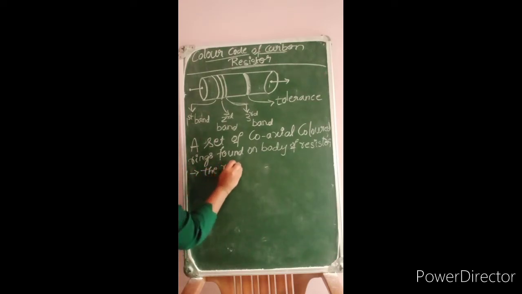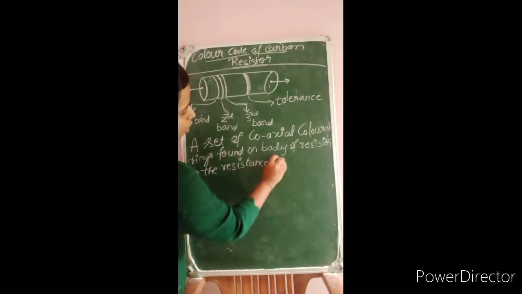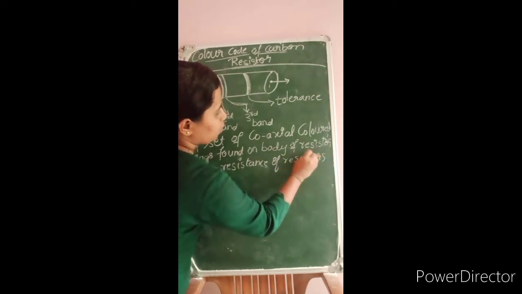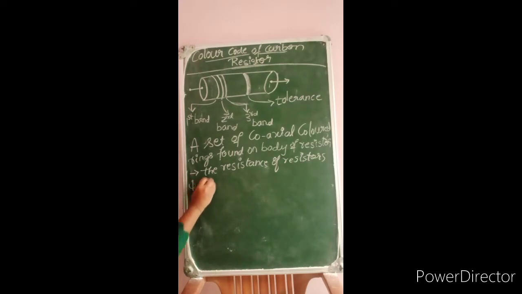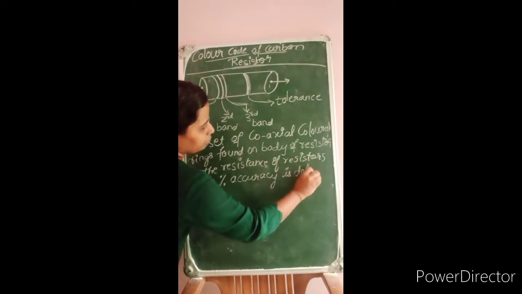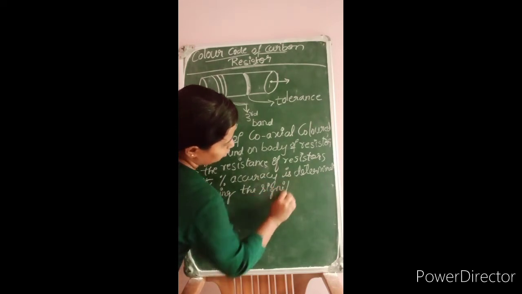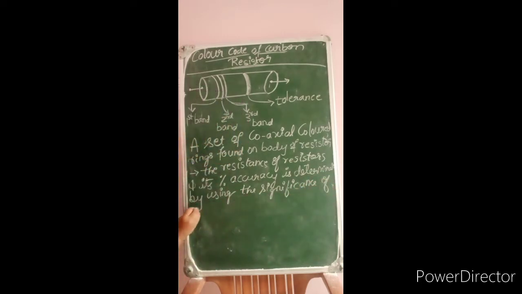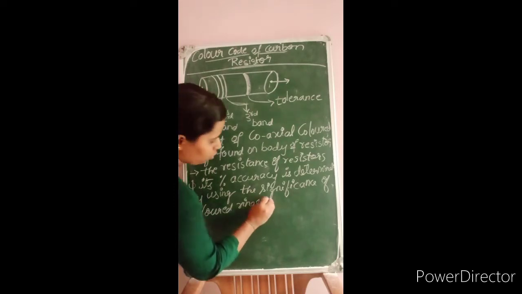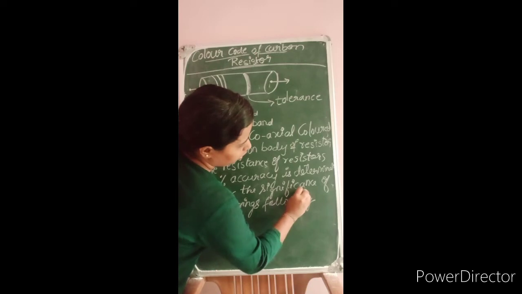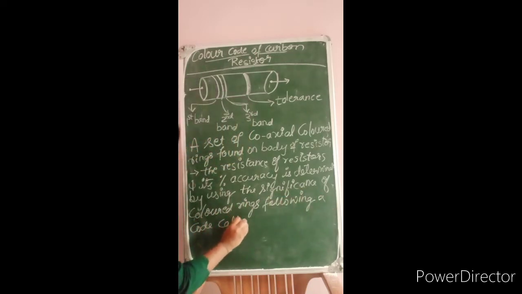The resistance of resistors and its percentage accuracy is determined by using the significance of colored rings following a code, called as color